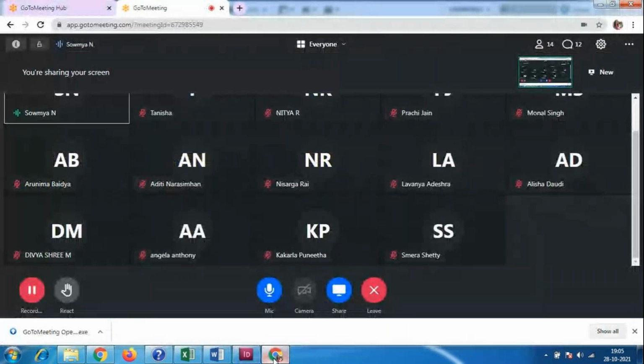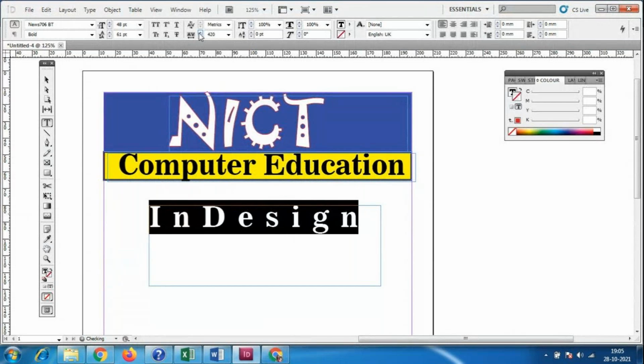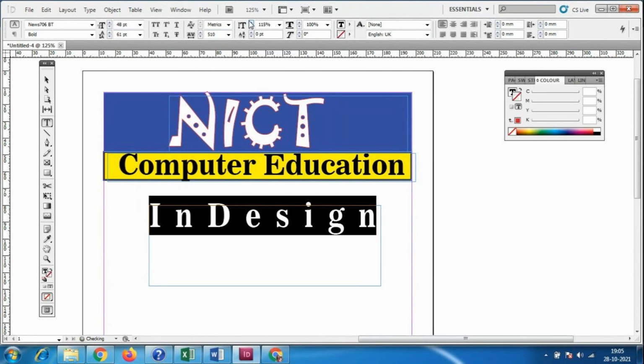So this is the AV option. However much the area is, the text is going to spread. Suppose according to this box, it is going to spread like this. That's why we are using this option. Here the option which is going to be selected, even that is not working. So we have to take it according to the paragraph size. And look at this one, the text height is increasing.